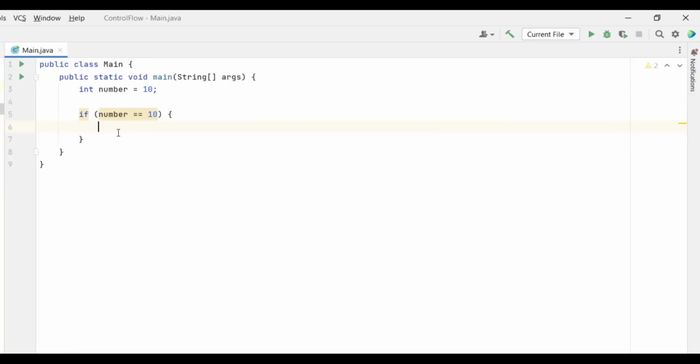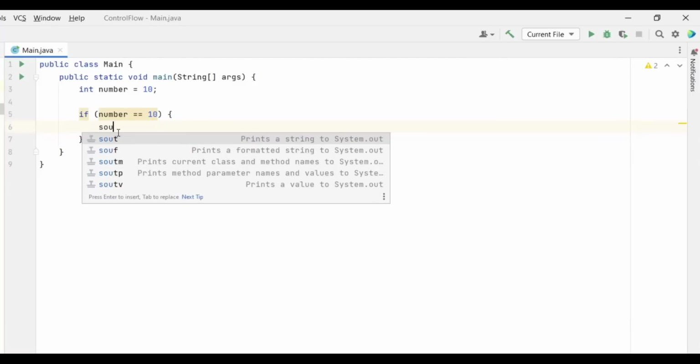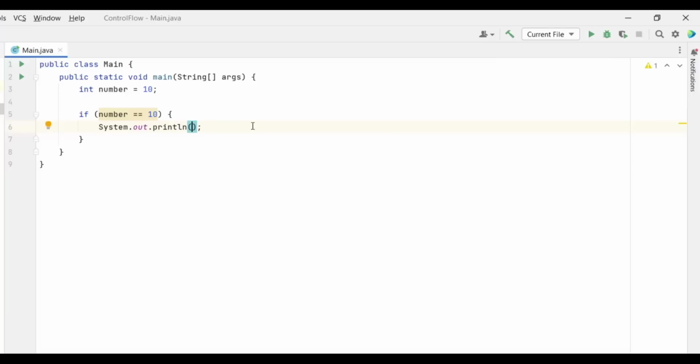Now what we can do here, I discovered the shortcut for system.out.println, so you don't need to type that all the time. You can simply type SOUT and select the one which says print a string to system.out. Let's select that, and we are going to say they are equal. So let's run this code.